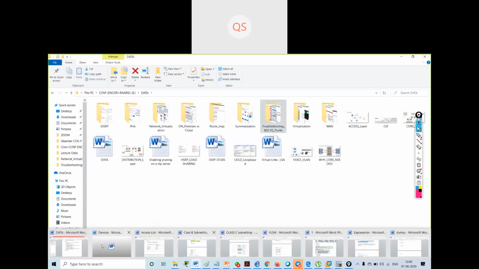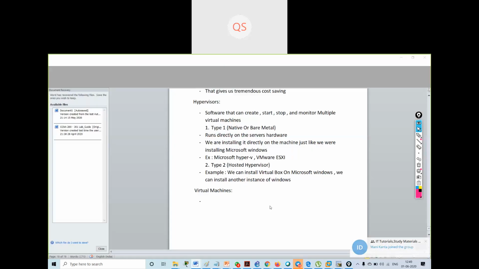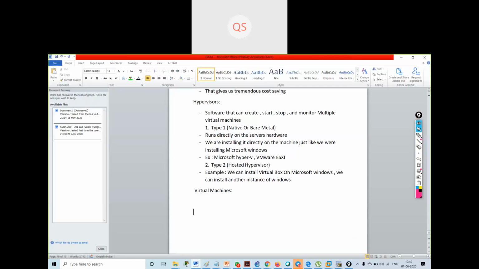So if I go in my file, troubleshooting EtherChannel, the first thing you have to see is port configuration mismatch. What do you mean by port configuration mismatch?